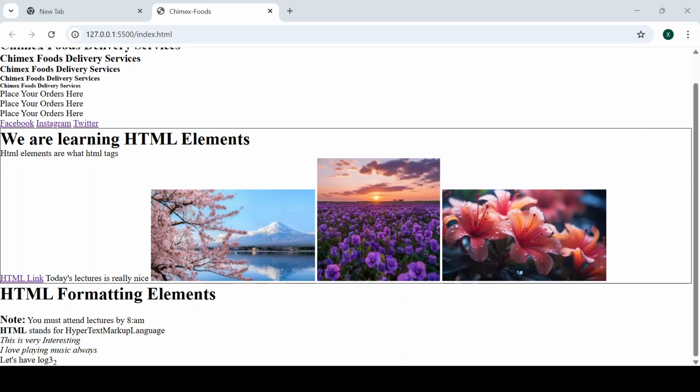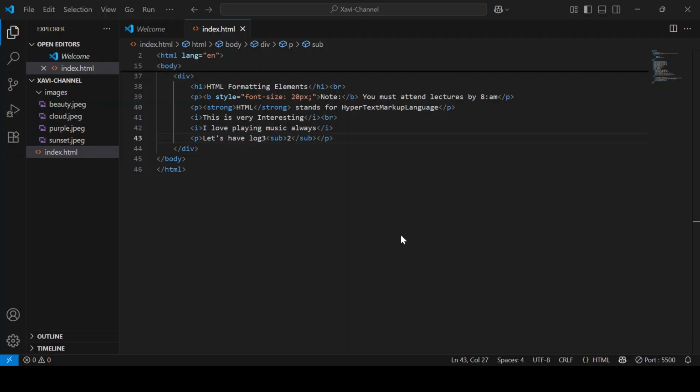Let's go back to our VS Code. We come to our VS Code here. We have the subscript tag. What is the subscript tag? Sorry, we have the superscript tag rather. So subscript was the last one, so the superscript tag. Unlike the subscript tag, the superscript tag is used to embed superscript text, to write superscript text. So the superscript text is the opposite of the subscript, which we have for log3